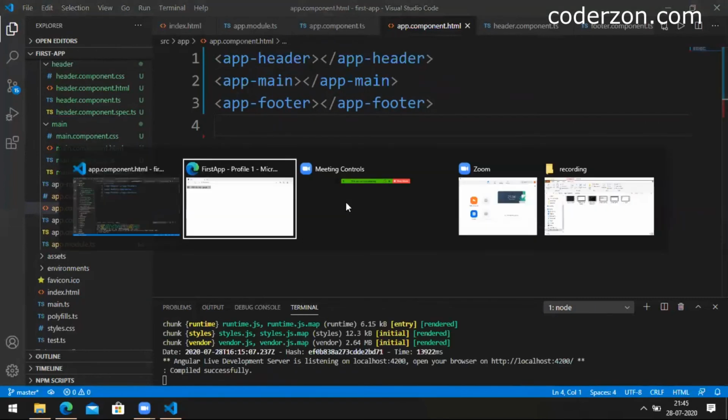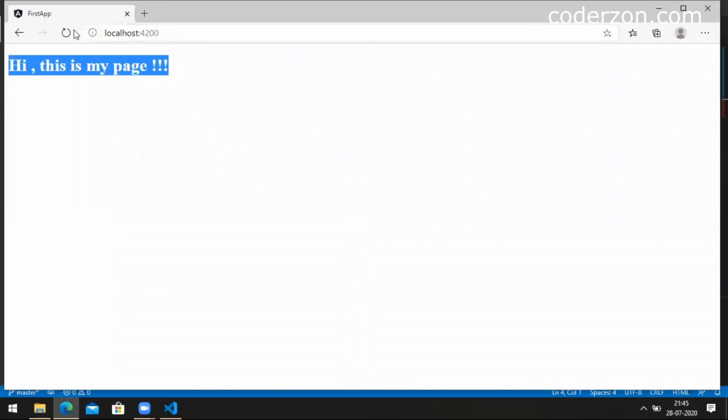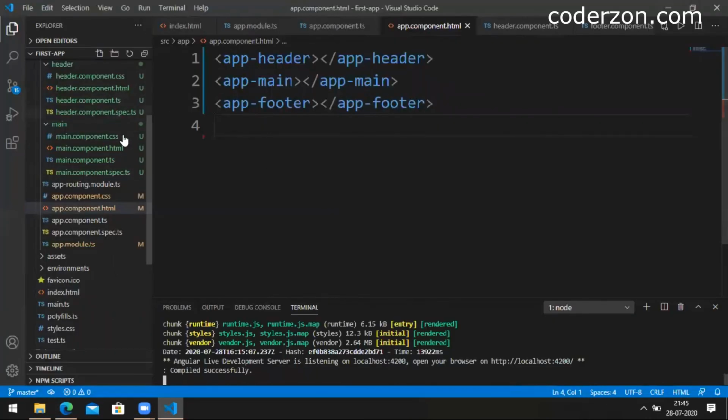Application is up and running. Now if you refresh, see we got header works, main works, and footer works. If you look at this particular HTML, the app component has three components.